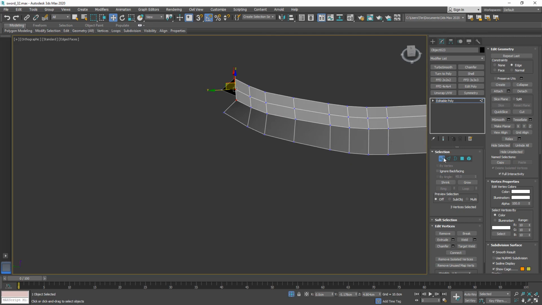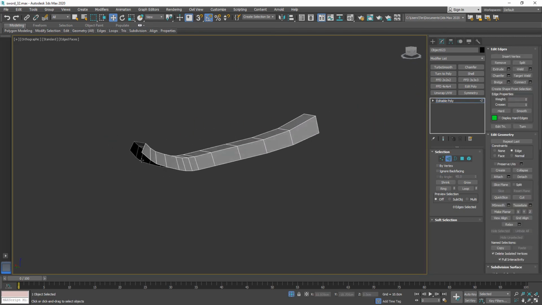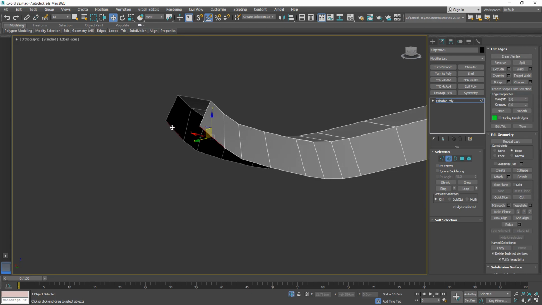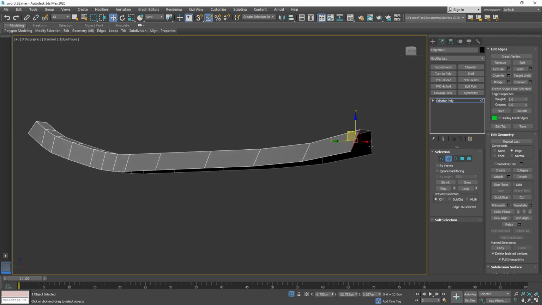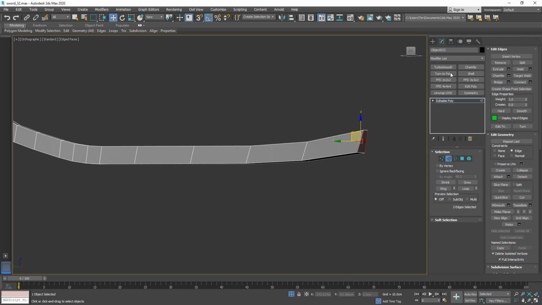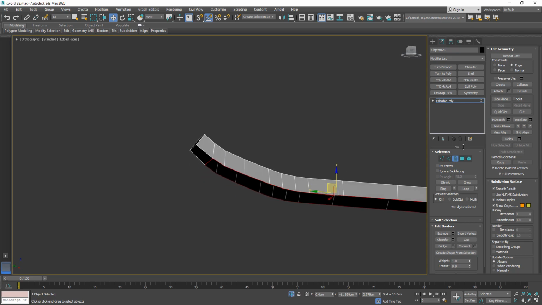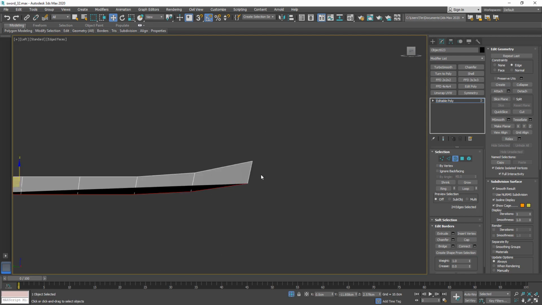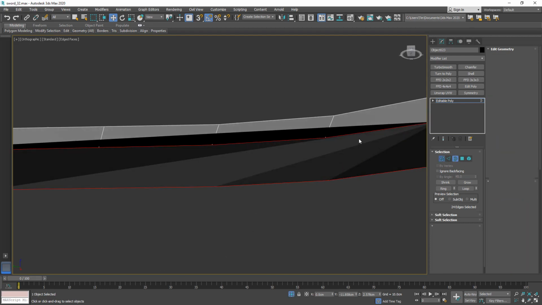So now I'm gonna go over here to our edge mode again, and I'm just gonna delete the one in the center, which we don't need. Now I select these two and bridge them. And I'm gonna do the same here, also bridge it. Now I'm gonna go here to our border mode, select pretty much what we have here at the bottom and cap it. So now what that means is we filled it with polygons, but they don't have any edge connections